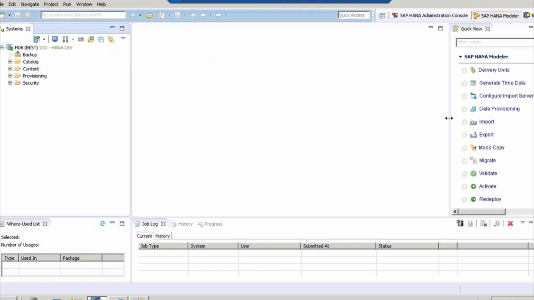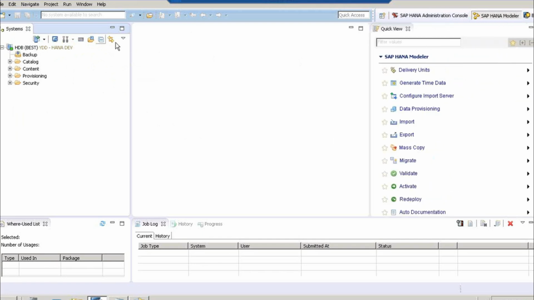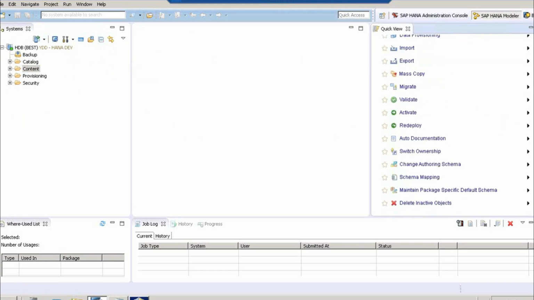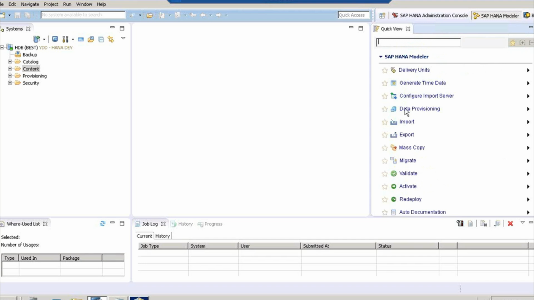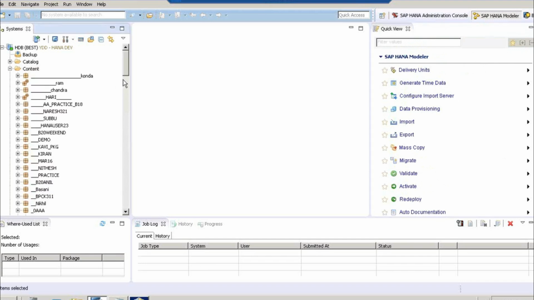On the left hand side, we can see the system, and we have different folders. On the right hand side, we'll be looking at the system overview in the third session. I'll be taking all these tabs and the use of these tabs. When we go for content,